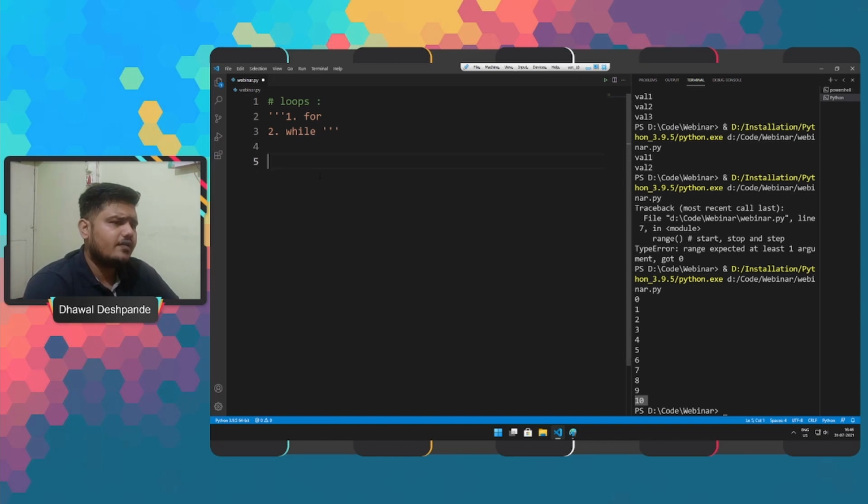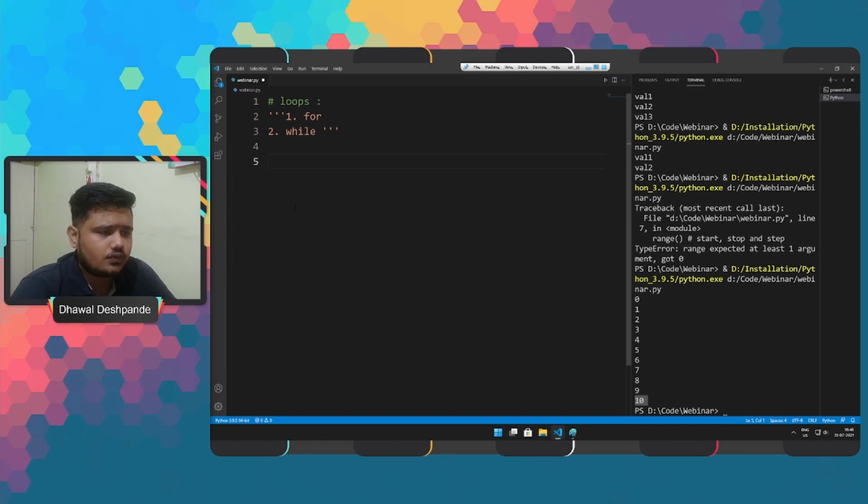So moving forward, we will check the while loop. What exactly is a while loop in Python and how do we use it? When we are talking about the while loop, we can execute a set of statements as long as the condition is true. Let's see the syntax.